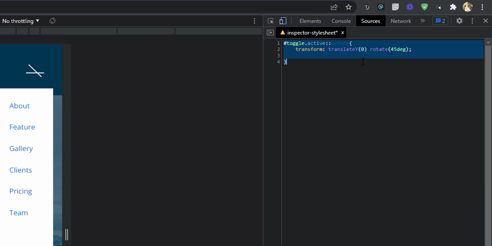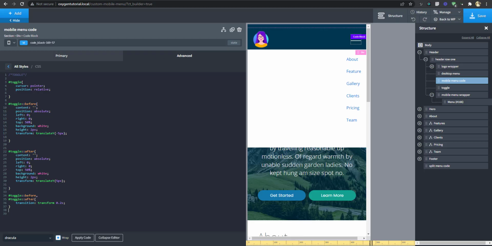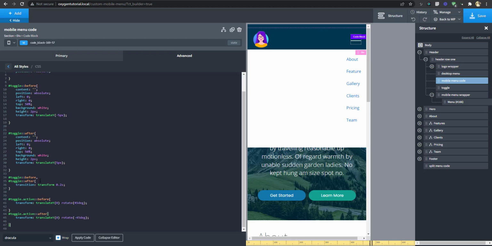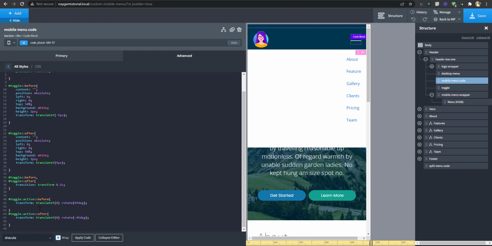So I'm just going to copy this. Now change this to after, and I'm going to change it to -5. So once the class is active, it changes to that. So we're going to copy that and paste it here. All right, so we have our active class ready to go.